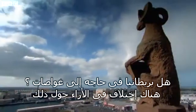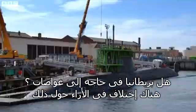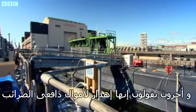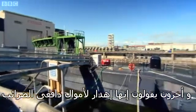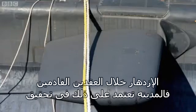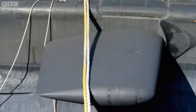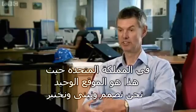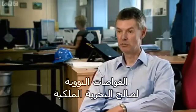Britain's need for submarines splits opinion. Some think they're critical for defence, others that they're a waste of taxpayers' money. But with a potential order book of 7 Astute submarines, Barrow depends on them to prosper into the next decade and beyond. This is the only site in the UK where we design, build, test and commission nuclear submarines for